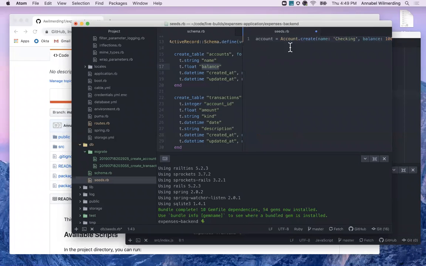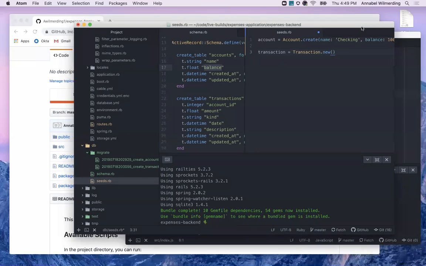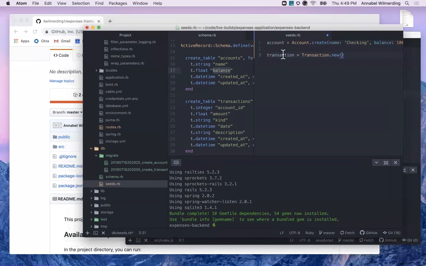Okay, so I'm creating an account, and then let's create a transaction. I think it's good whether you do it in a seed file or from the Rails console. I do think it's a good idea to play around with seed data. Whether you leave it in your application when you finish the project is up to you, but I think it's obviously good to check that everything is working as you expect it to, and that we're able to create new